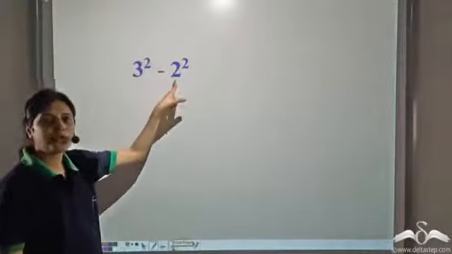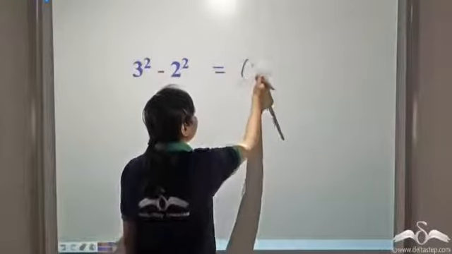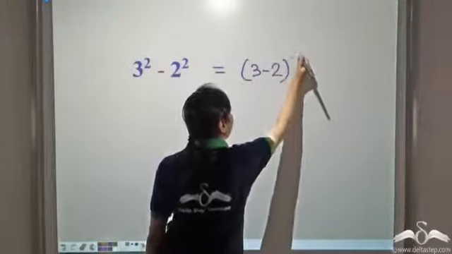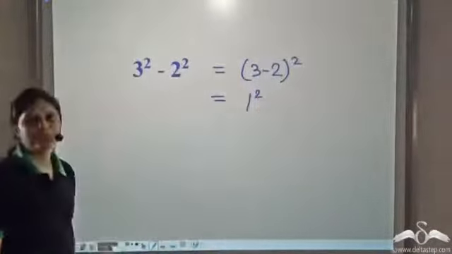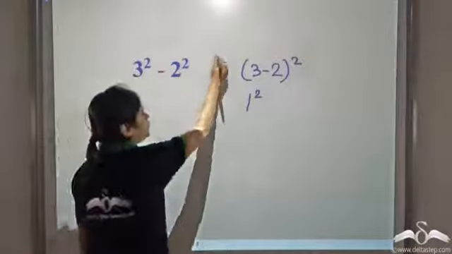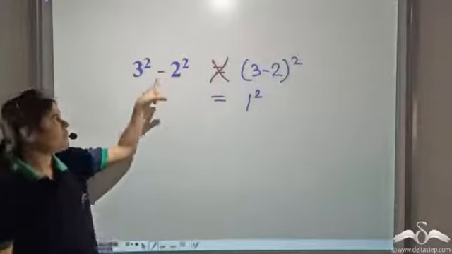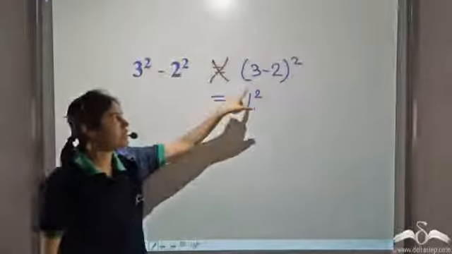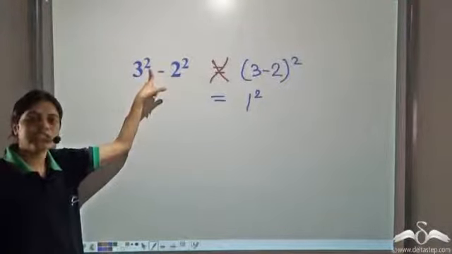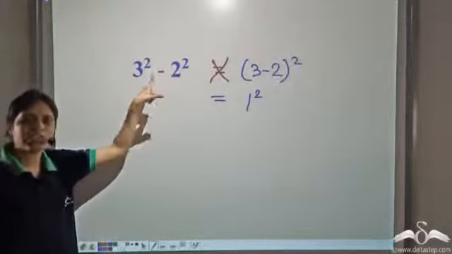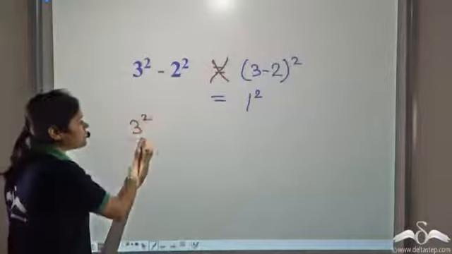Now what is 3 to the power 2 minus 2 to the power 2? Is it equal to (3 minus 2) whole to the power 2? That is, is it equal to 1 to the power 2? Well, no. This is incorrect. This does not hold. When we have a subtraction here, we cannot take this 2 in the power common. That is, if two exponentials with the same power but different bases are subtracted, we cannot subtract their bases. We can do it if we have division.